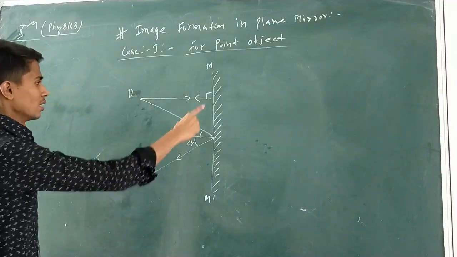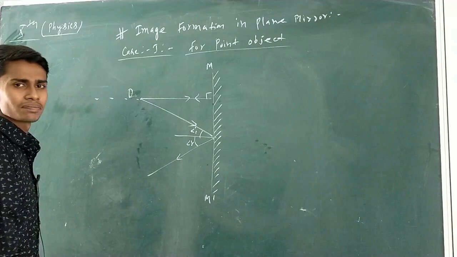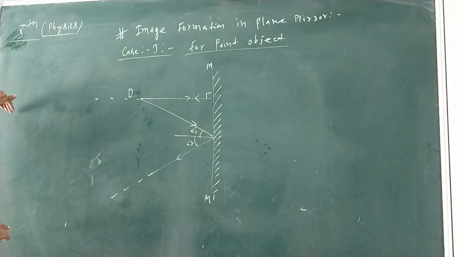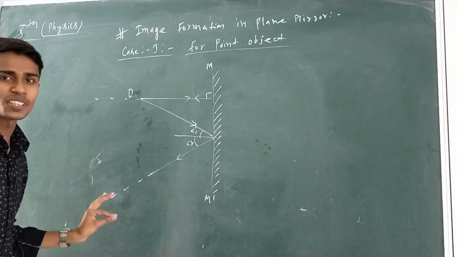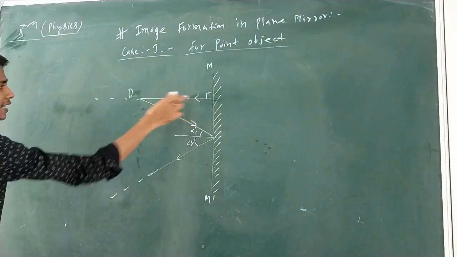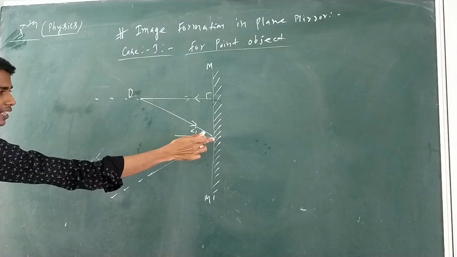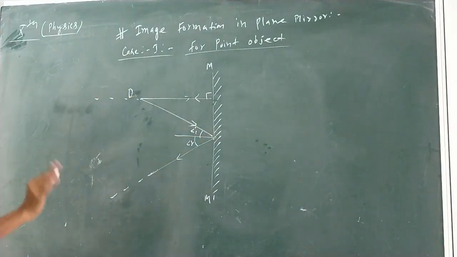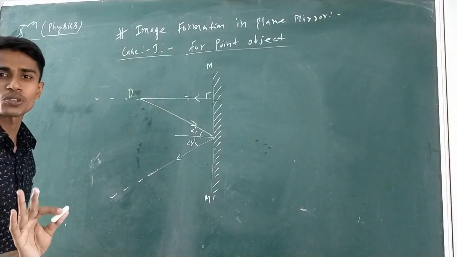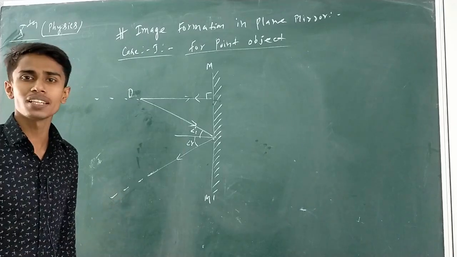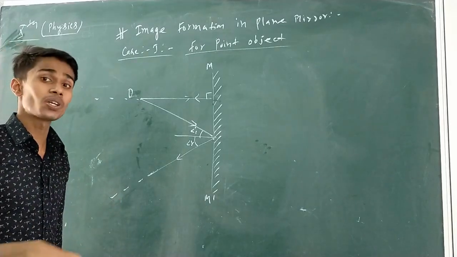अब कंसिडर हियर, this is the first reflected light ray and this is the second reflected light ray. They are originally intersecting? No, they are diverging in front of the mirror. क्या यहाँ पे एक्चुअल इंटरसेक्शन हो रहा है रिफ्लेक्टेड लाइट रे का? नहीं। ये लाइट रे ओरिजिनली इसी पाथ पे जा रहा है, ये लाइट रे इस तरह बेंड कर जा रहा है, तो क्या इन दो रे ऑफ लाइट का ओरिजिनल इंटरसेक्शन हो रहा है? यहाँ पे रियल इमेज का फॉर्मेशन हो पाएगा? नहीं।